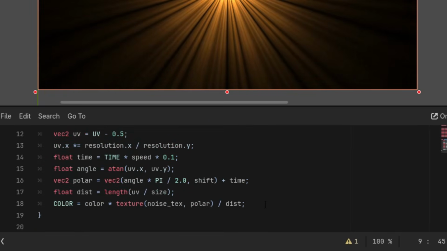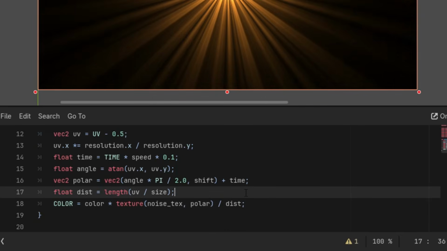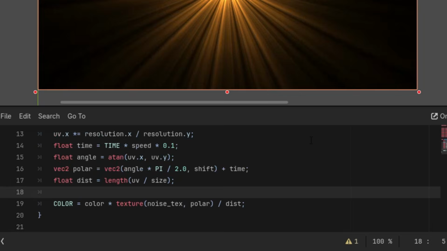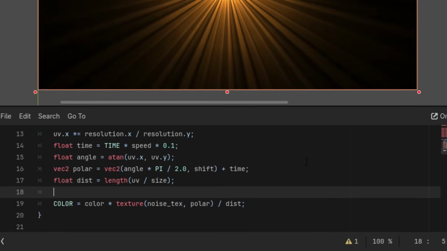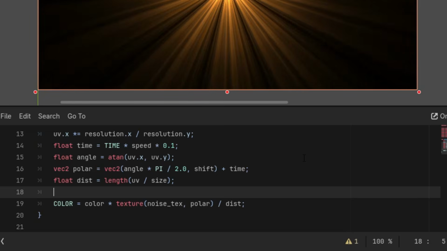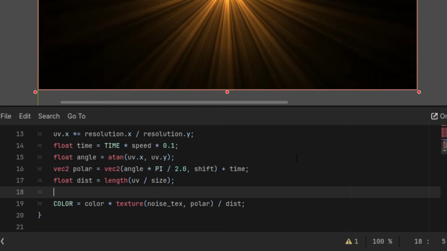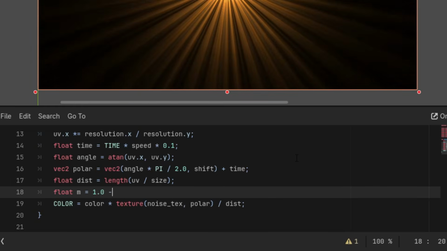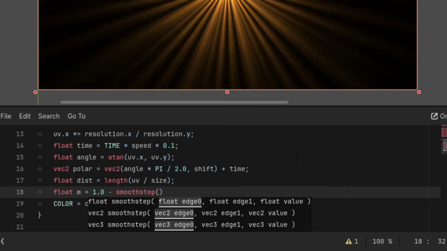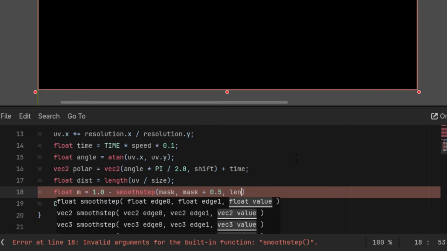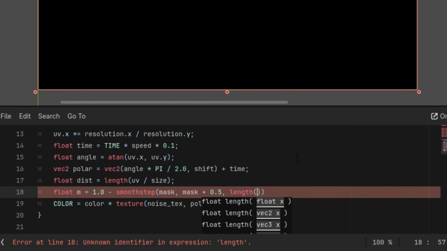Okay, scrolling back to the fragment function, and just before the last line, I'll add the mask definition. We'll use a smooth step function for that and subtract it from 1 so that we remove the edges rather than the center. So let's call it simply m. Float m is, as I said, 1 minus smoothstep applied on the mask value and mask plus, let's say, 0.5. These are the edges, and we apply that on the length